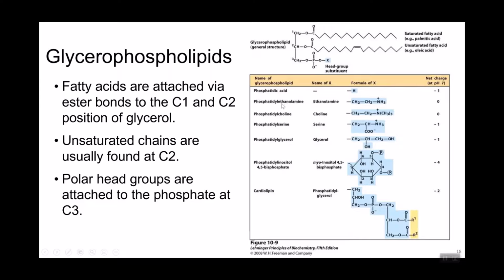Phosphatidylethanolamine, or PE for short, has ethanol and then an amine group attached, and this positive charge neutralizes the negative charge that we would see on the phosphate, resulting in a polar but net neutral glycerol phospholipid. Phosphatidylcholine, or PC for short, will have a choline group bound and also be neutral in charge, while the amino acid serine can also be attached to form phosphatidylserine, which would have a net negative charge due to serine's positive